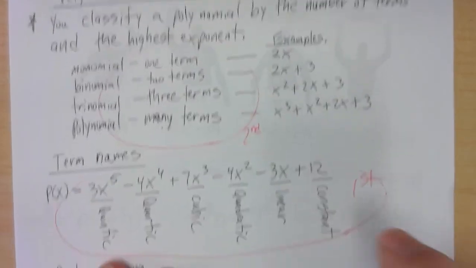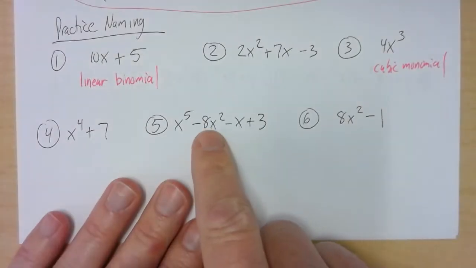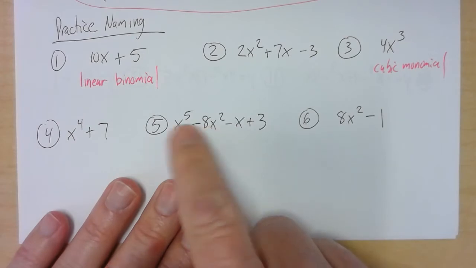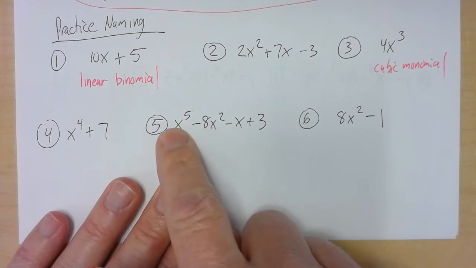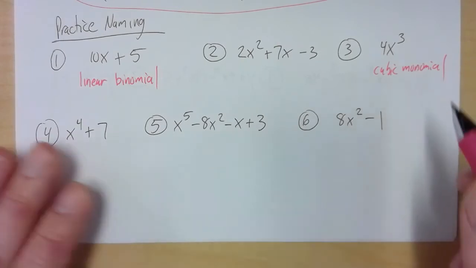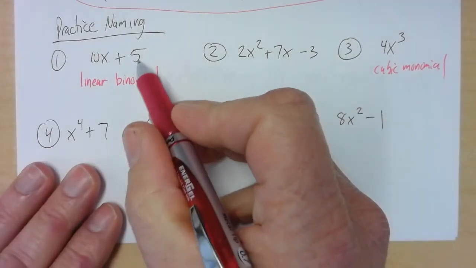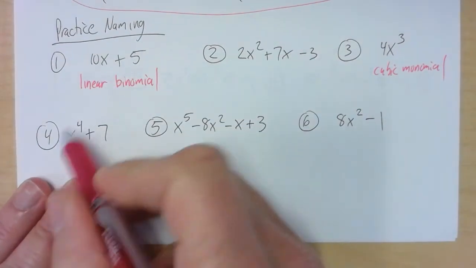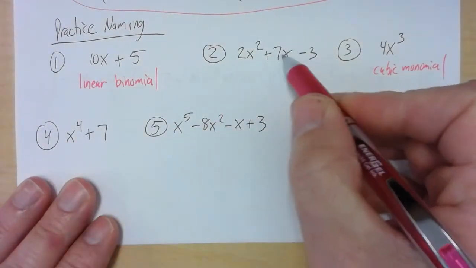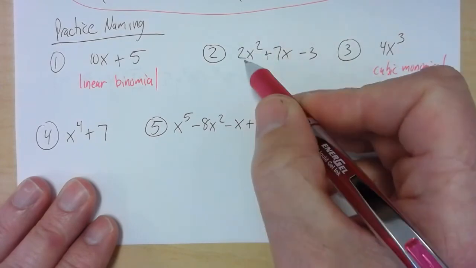So you write one of these words down first, and it's all based on the highest power. So you don't name this quadratic, right? It's based on the highest power, the 5th power. The highest power gives it the name. Notice we don't mention anything about the constant there. It's linear, right? So the highest power gives it the name. This 7x doesn't give it the name, the highest power gives it the name, and then just the number of terms. Okay, next page is the